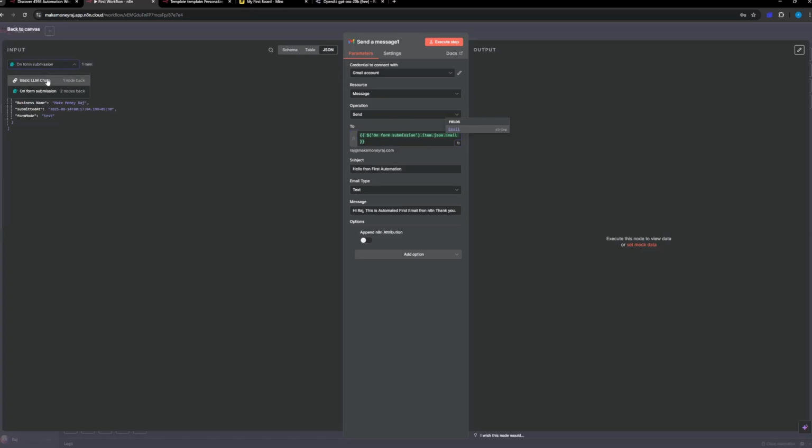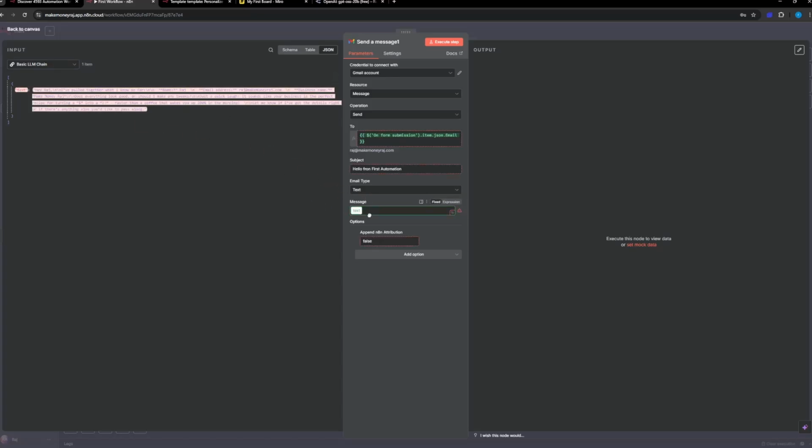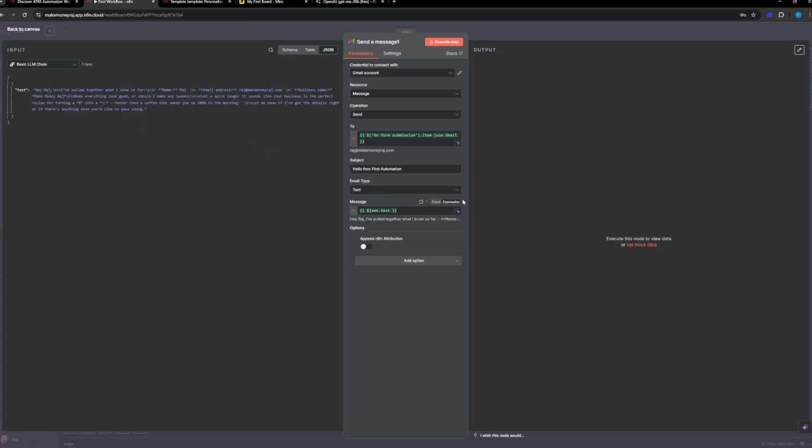and then go back to the basic LLM chain. Here I want this body, so I remove this body, and I can drag and drop the one I want right here. Now it auto converts to the expression. So the text is an email type text, and here is the subject. I'm just going to change this, reconfirm the details,